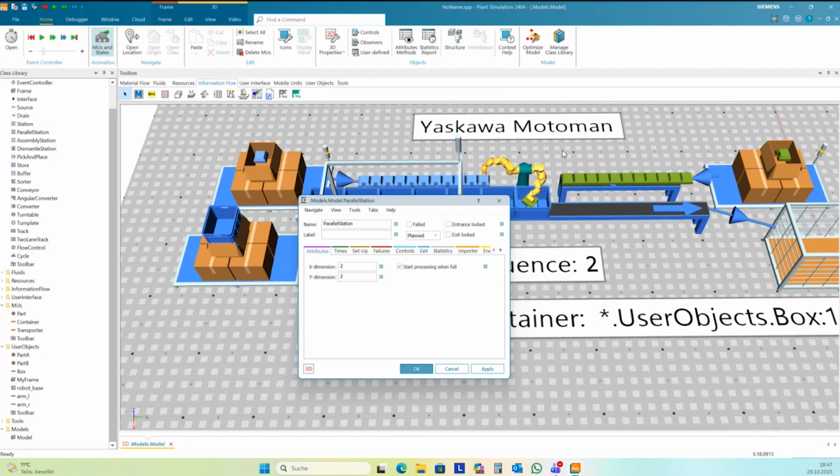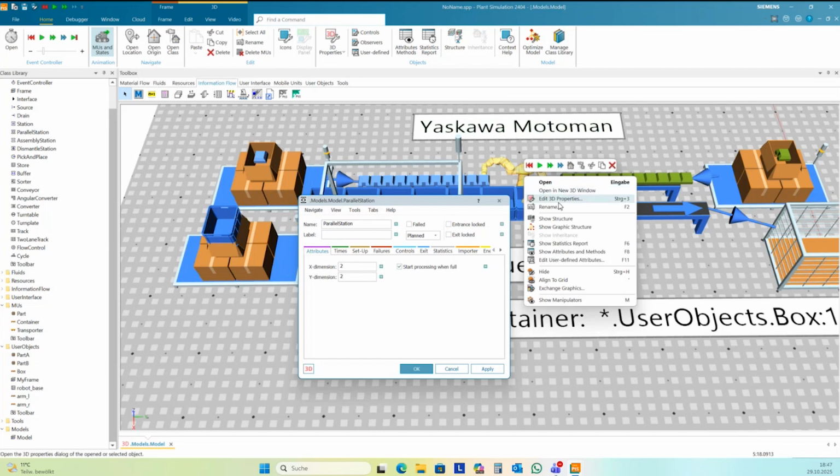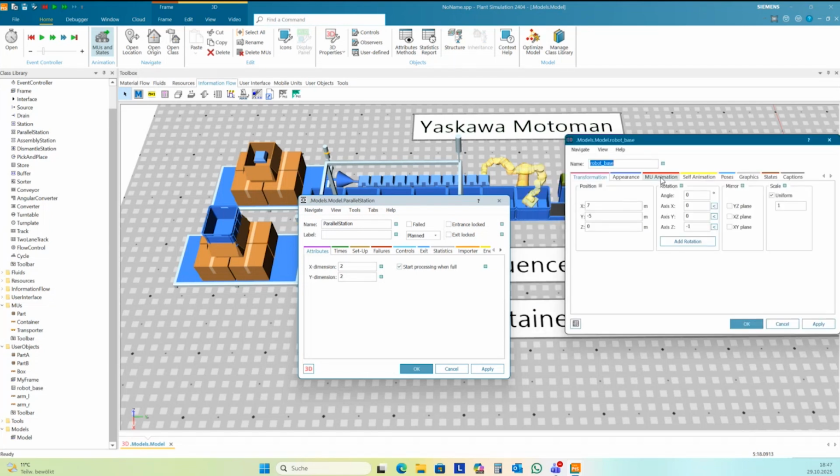The parallel station is also organized in places. You cannot use, for instance, a buffer. The buffer is not organized in places, and so you cannot define animation structures like this one. I can show this here, the base, the 3D properties, MU animation.